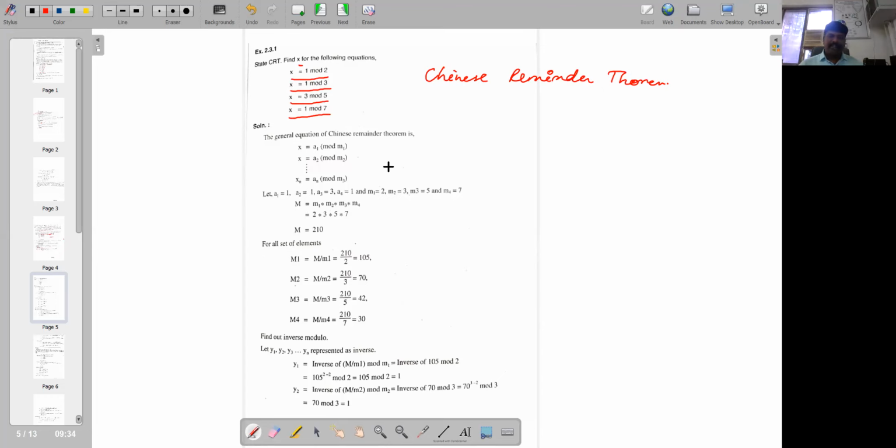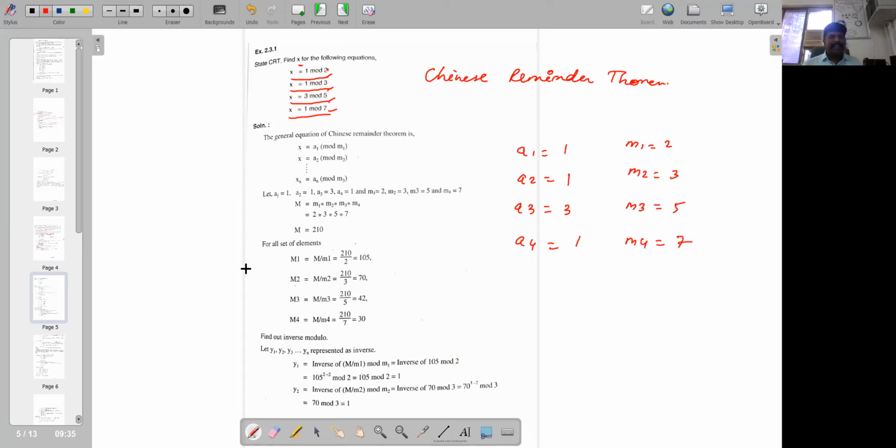Out of that, we are assuming that the first values are the A's. A1 is equal to 1, A2 is equal to 1, A3 is equal to 3, and A4 is equal to 1. This is the remainder part. 2, 3, 5, 7 are the M values. So small m1 is equal to 2, m2 is equal to 3, m3 is equal to 5, and m4 is equal to